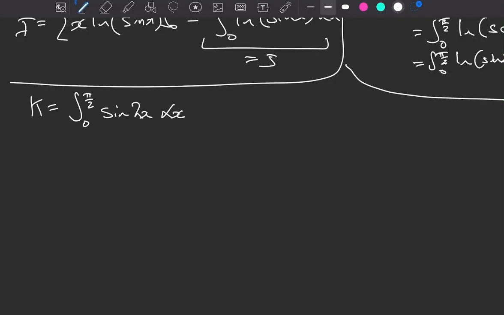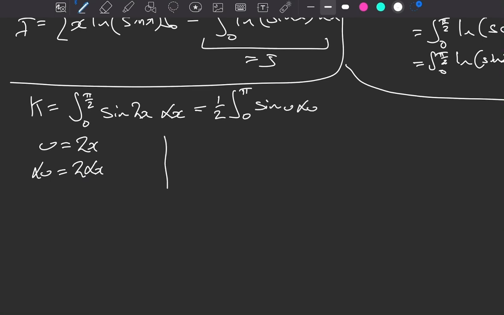So to attack this, we'll use a u sub, and we'll have u is equal to 2x. So du is equal to 2 dx. So our integral then, we can transform that now into a half. Our limits are all going to double, so we've got pi and 0 of just sine x, or sine u, I suppose. The next thing to notice now, very similar to the step before, is if we look at sine in the range from 0 to pi, it again occupies all the same values as it did before